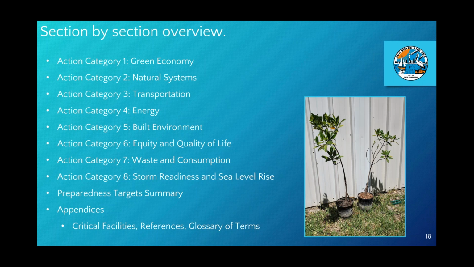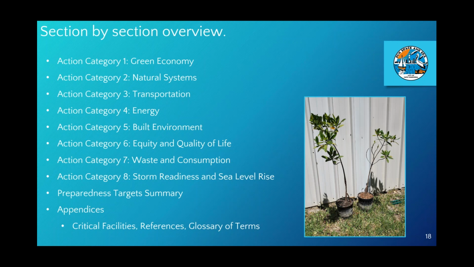First in the list of 8 is green economy. This section discusses why it is important to promote and expand a green economy within the city, or one that is hyperlocal, diverse, encourages environmental stewardship, and utilizes while maintaining natural assets for ecotourism. Next is natural systems. This category will help the city take actions in the preservation and mitigation of its surrounding natural systems, both land and water, while also improving its resiliency through the implementation of green infrastructure, like increased stormwater capacity, tree plantings, and living shorelines.